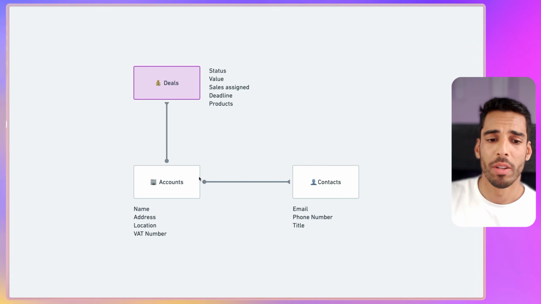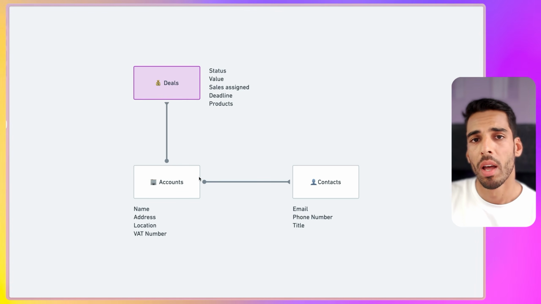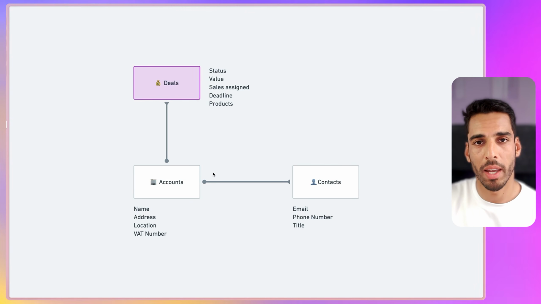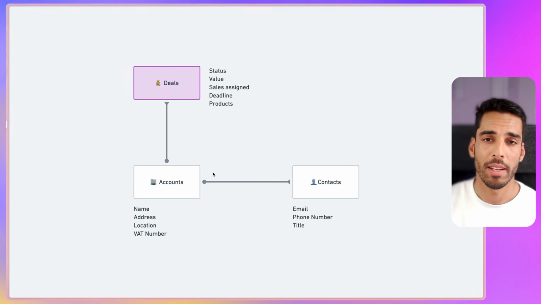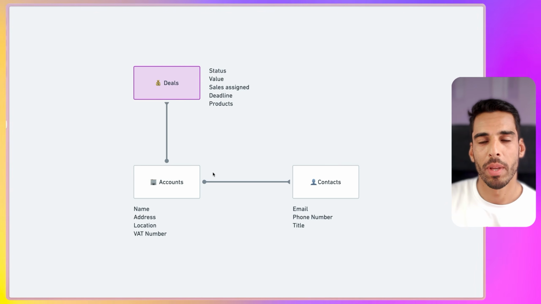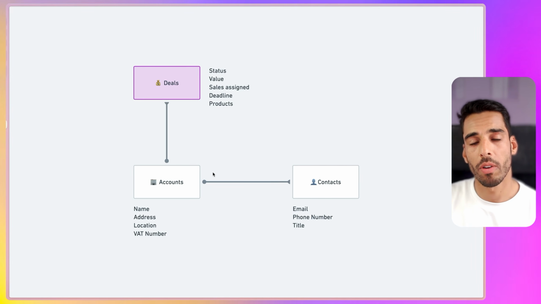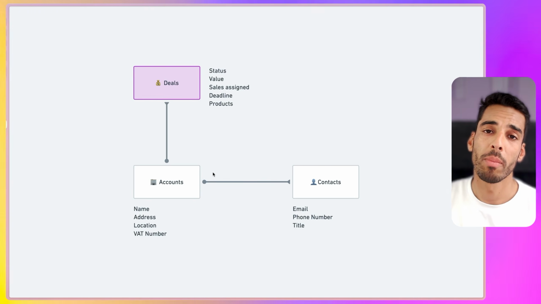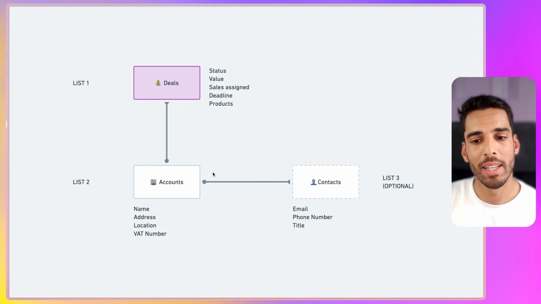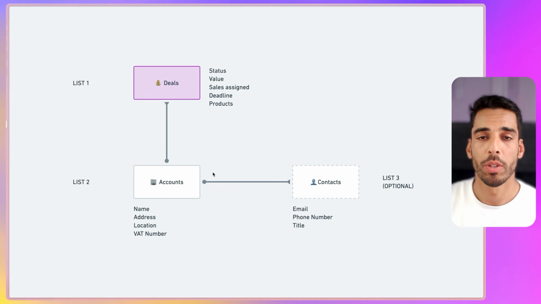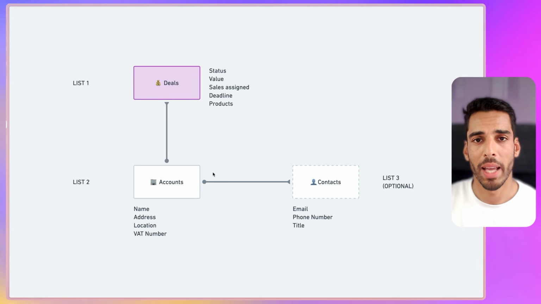So an account will have a name, an address, a location, a VAT number, some banking information. You could have a retainer contract for that account that you want to track in ClickUp. So all of this you can store into the accounts element. And the last one is going to be your contacts. Your contacts are optional, in my opinion, because you potentially could track your contacts right into your deals. You don't really need to have 2 relationships, one between deals and accounts and one between accounts and contacts, but I'm going to show you both options so you can choose. Now, personally, I recommend to only have deals and accounts, and the contacts will be optional. So it's really up to you how you want to complexify things.